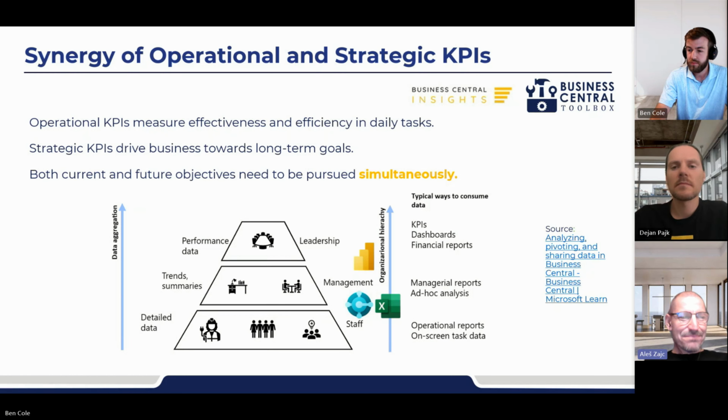And paying attention to this unified approach is even more relevant if we are aware that operational and strategic KPI data are typically consumed using different tool sets. This slide here is basically an official Microsoft slide. It's taken from their portal. And within the Microsoft stack, you would typically see operational information being consumed directly through the Business Central UI, sometimes also leveraging